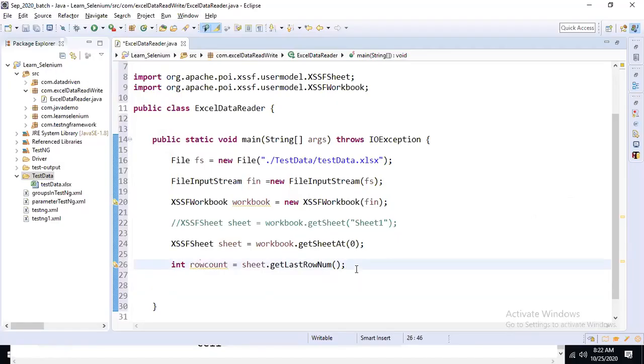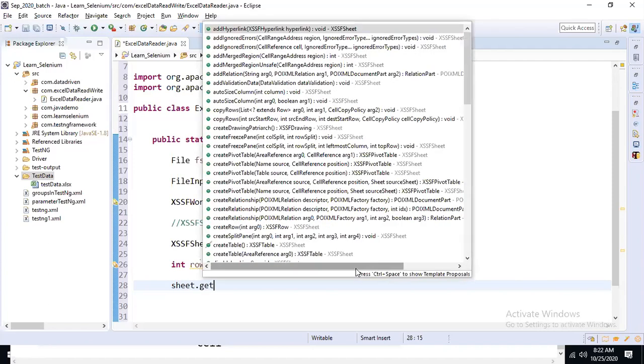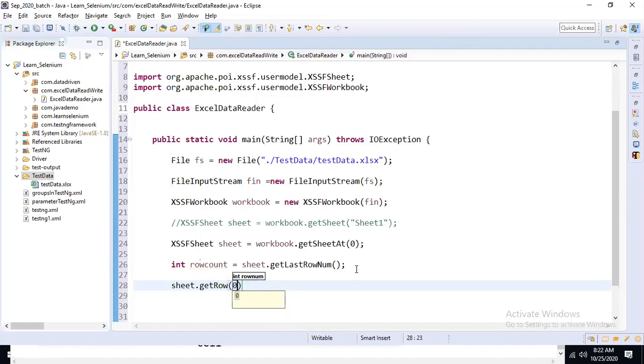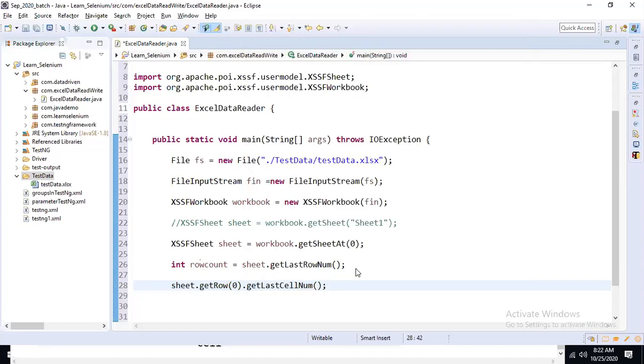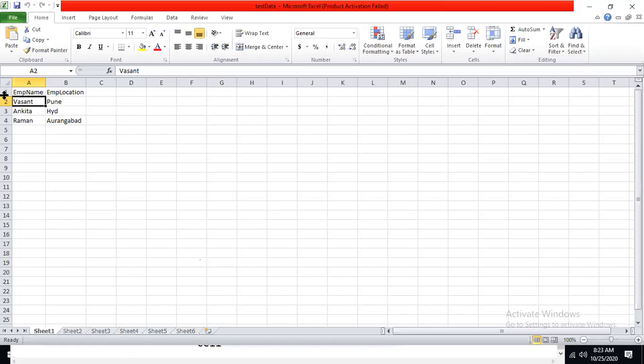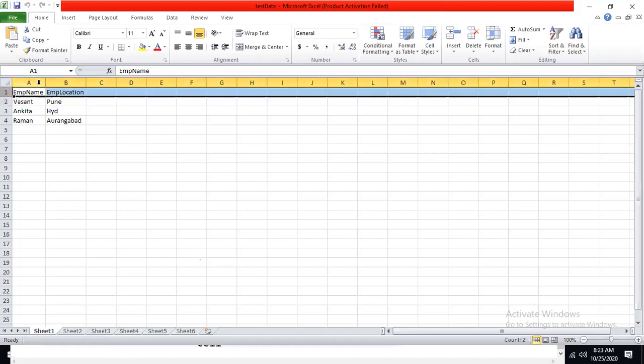Similarly, if you want to know how many columns there are, we will focus on any one row, and on that row we will get how many columns there are. How to get it? On this sheet, first of all we focus on one of the rows, getRow. Let's suppose I focus on the first row and call getLastCellNum. Simply, we are focusing on this first row and counting how many columns there are.